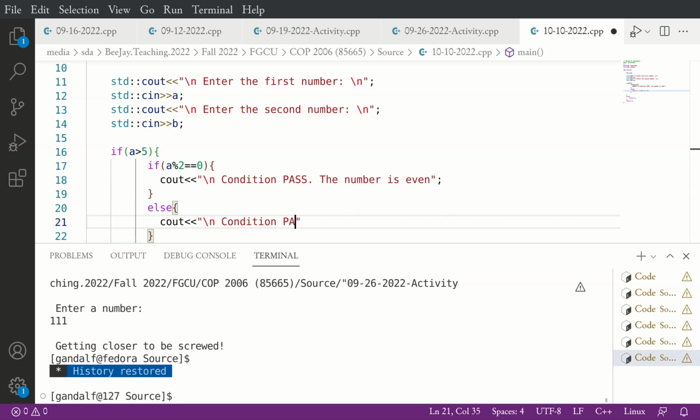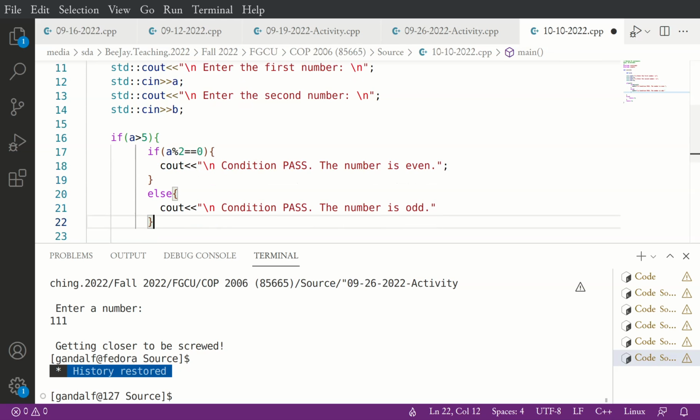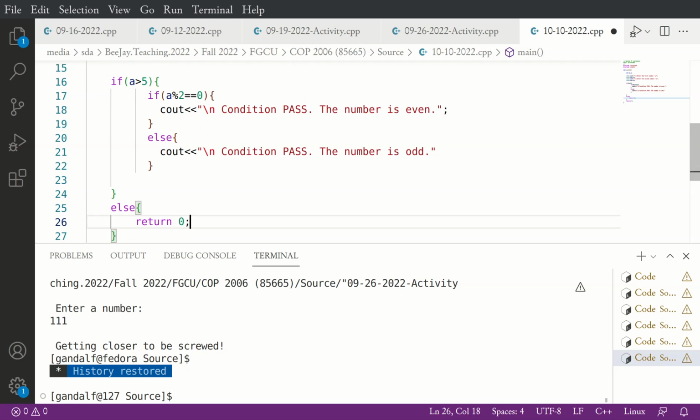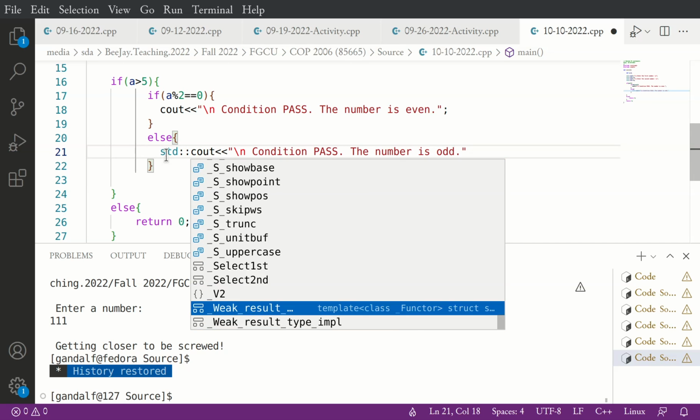So, condition pass, but the number is odd. If it simply returns doing nothing, it means that the condition failed. Of course, I can add another statement down here to denote that the condition failed, a cout statement, but I am choosing not to do that.